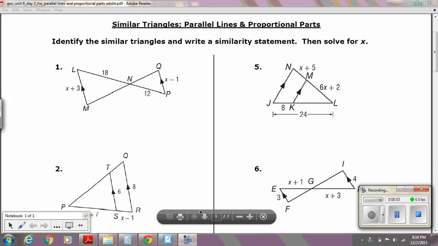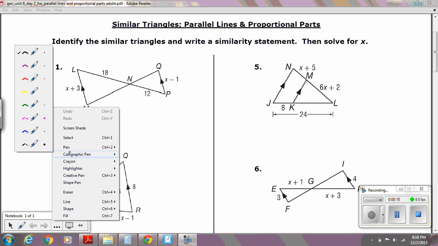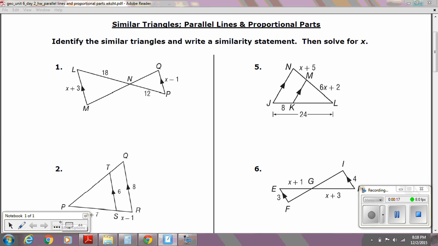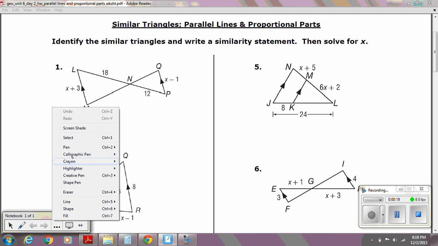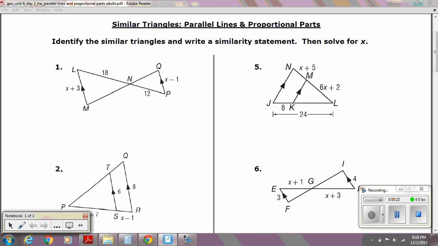Unit 6, Day 2 homework tutorial. I will work out the odd problems with you. For the first side, they want you to identify the similar triangles and write a similarity statement, then solve for